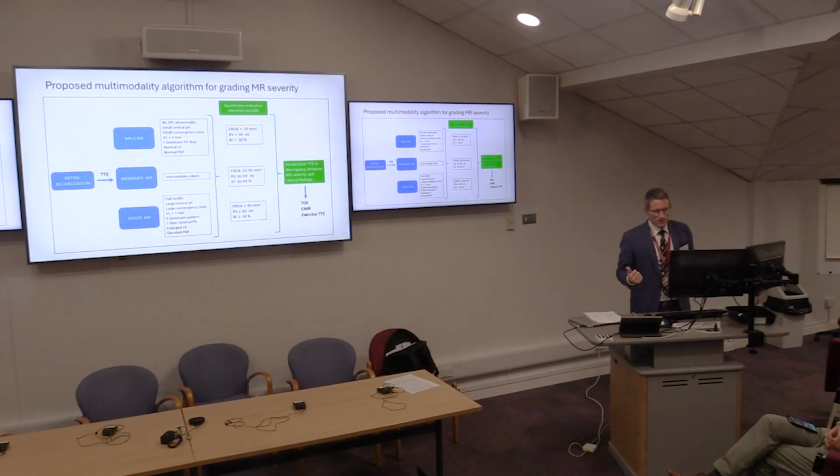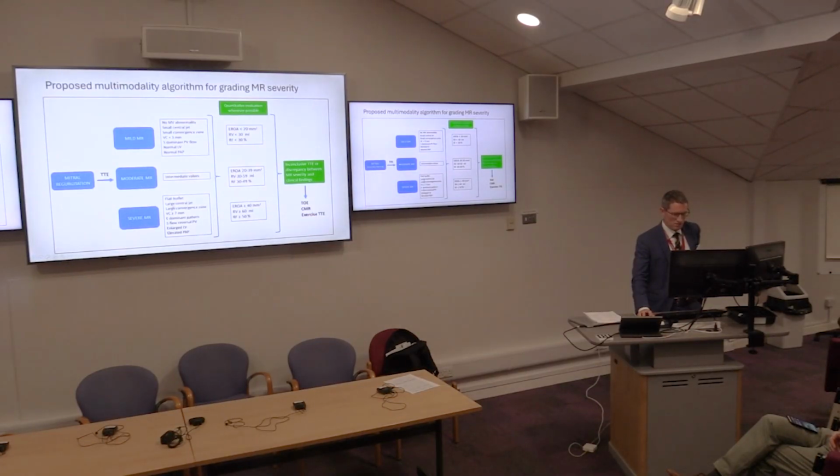But not everyone can have a TOE, a CMR, or an exercise stress echo, but certainly that is potentially required in some patients. But the point of this slide is to show you where we head. So almost all patients will invariably have had a transthoracic echo, which will raise suspicion about mitral valve disease. And if they're good quality pictures, often we can happily be confident that there is severe mitral regurgitation if we